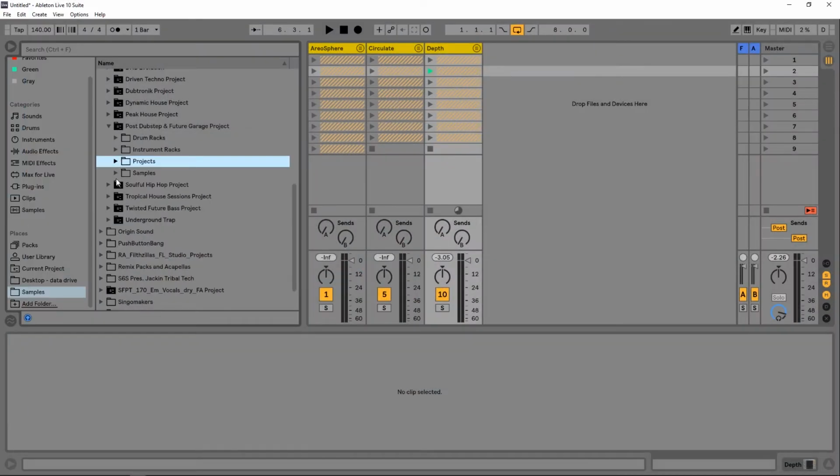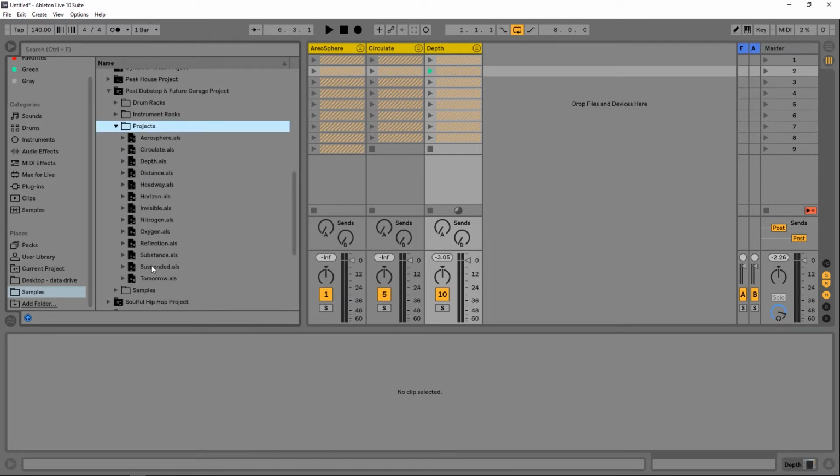And when I come inside of here, there's a projects folder, and then I have all of these projects. And these are essentially songs, okay? There are actually 13 different songs in here. And what's really cool is they're all the same genre, and they're all pretty much the same key for the most part. And what I found that's really cool you can do with these things is actually make a live